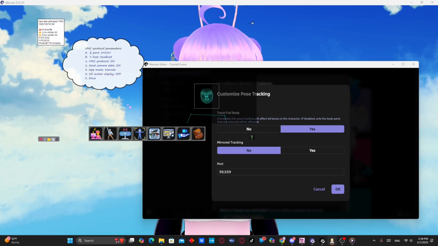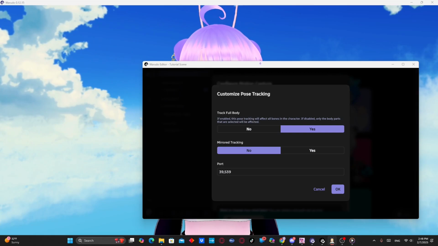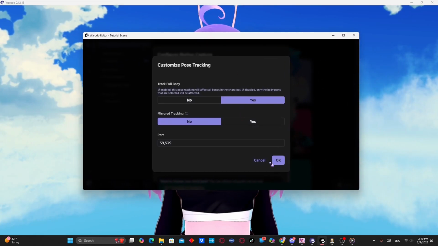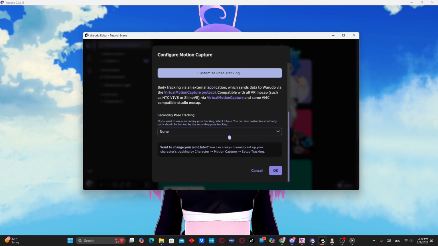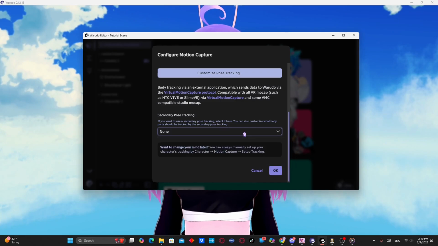And then 3D avatar display, we already turned that off in here, so that doesn't matter. We're going to go back into here. And the ports are both the same, so we're going to hit OK. Secondary pose tracking, I don't know much about this, but you can select some different secondary pose tracking. I suppose this would probably be to help make sure that the body tracking is more accurate, since it'll be getting data from both